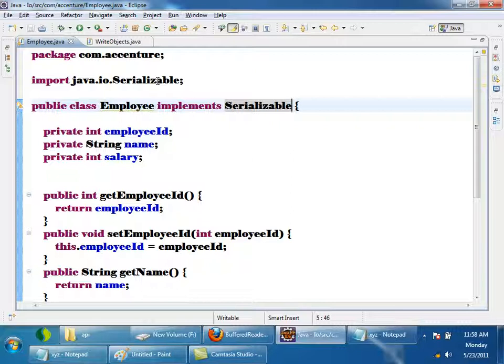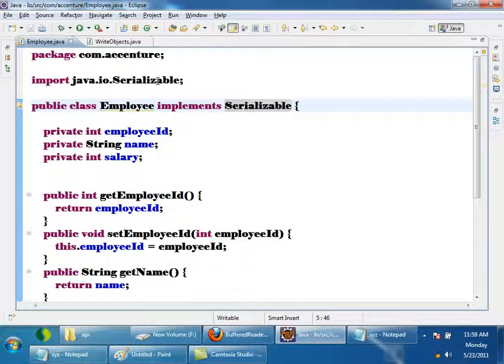Otherwise, it will not. So what is the purpose of the Serializable interface? It acts like a marker. It gives information to the JVM saying that this object can be serialized. This interface marks the object as serializable.